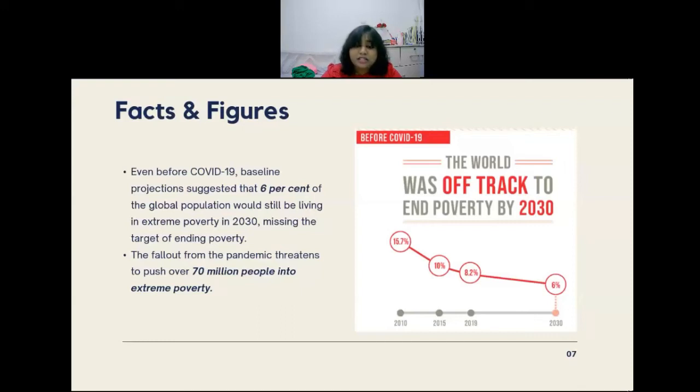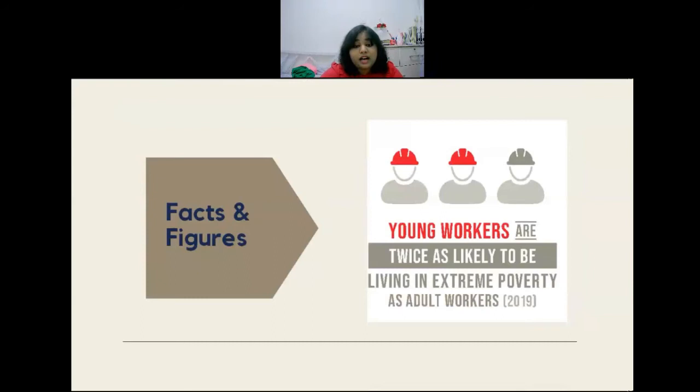Even before COVID-19 happened, baseline projections suggested that 6% of the global population would still be living in extreme poverty in 2030, which actually makes us miss the target of ending poverty. The fallout from the pandemic threatens to push over 17 million people into extreme poverty. And also,